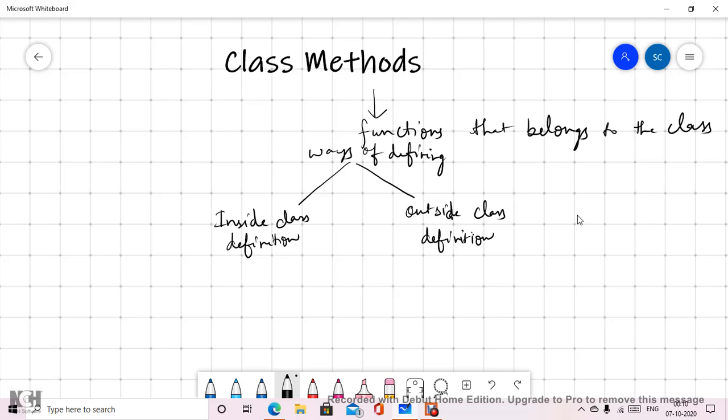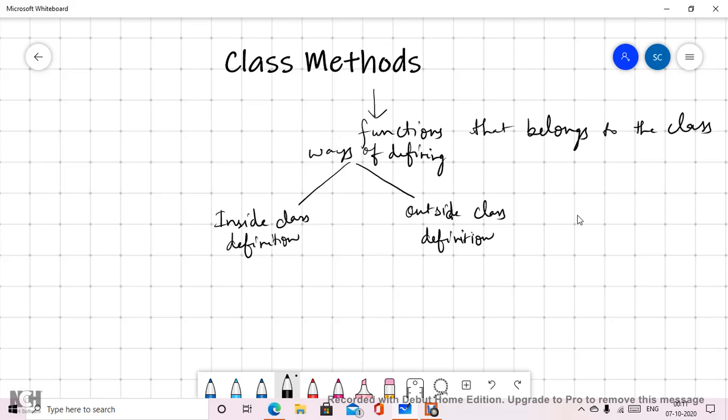And we can also use the methods with the dot symbol when the method definition is inside the class.